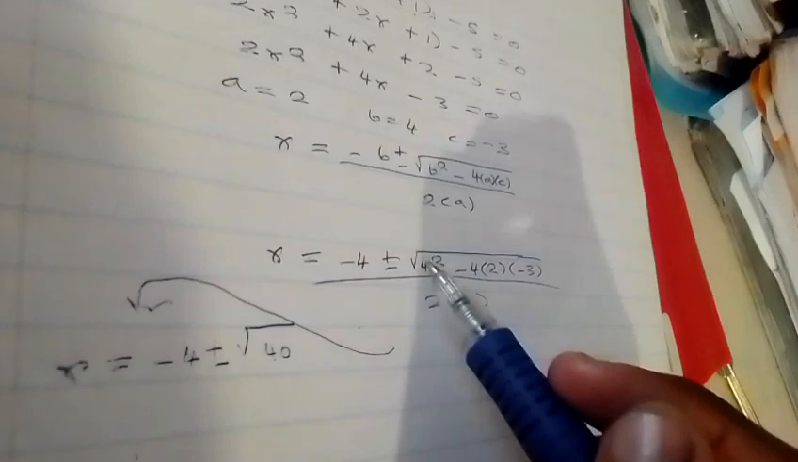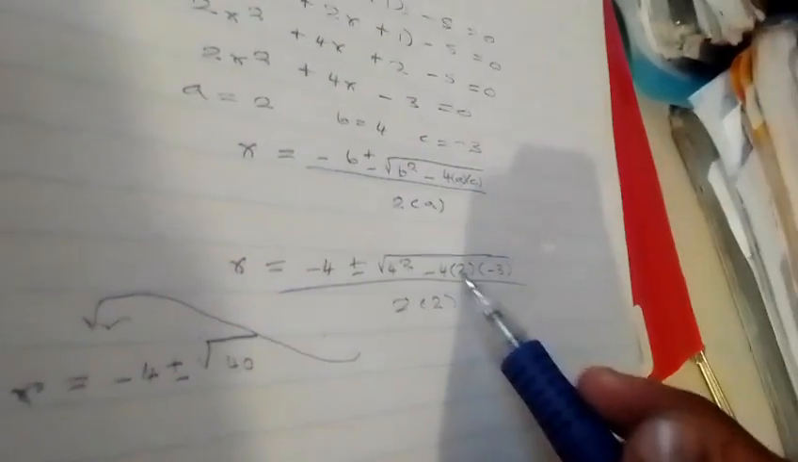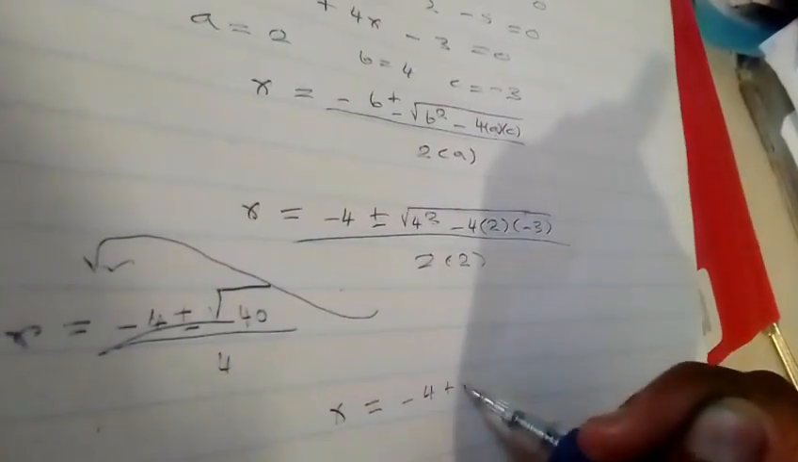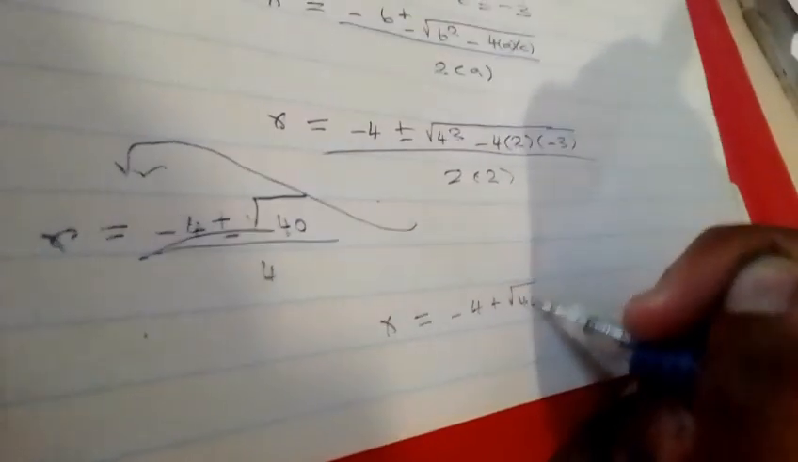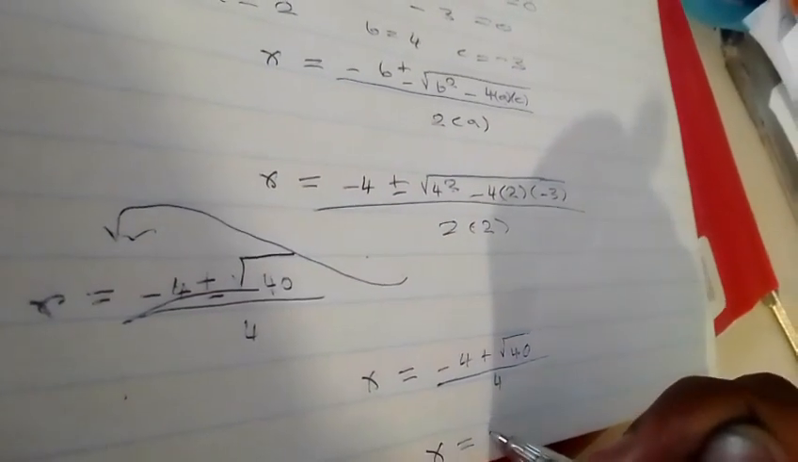And by the way, 4 squared minus 4 times 2 times negative 3 gives us an answer of 40. Alright, so mistake here. So it's going to be x equals negative 4. We're now going to use the plus and minus sign. So it's going to be x equals negative 4 plus, only plus, square root of 40 divided by 4. Then our answer here is